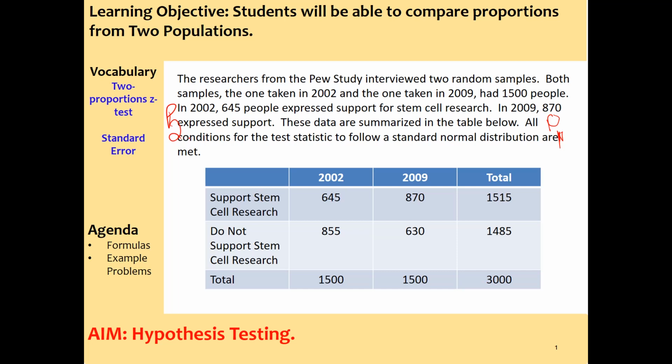What I want you to understand is what we care about is the successes, right? So the people who support stem cell research. So P2 is going to be 645 divided by 1,500. It's going to be a percentage, all right? And P1 is going to be the percentage of 870 divided by 1,500. But before I get into all these P's, because there's a lot of P's in this lesson,